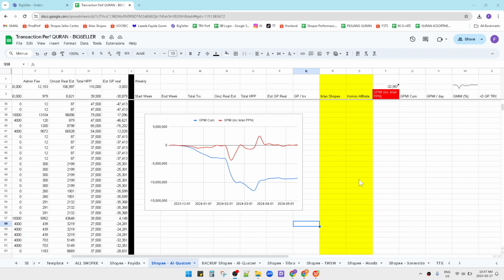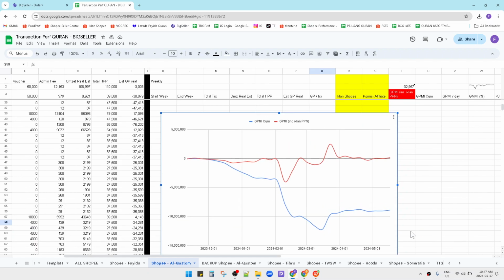In this video, I'm going to show you guys how to move the vertical axis of your graphic in Google Sheets to the very right of your graphic. So what you have to do,